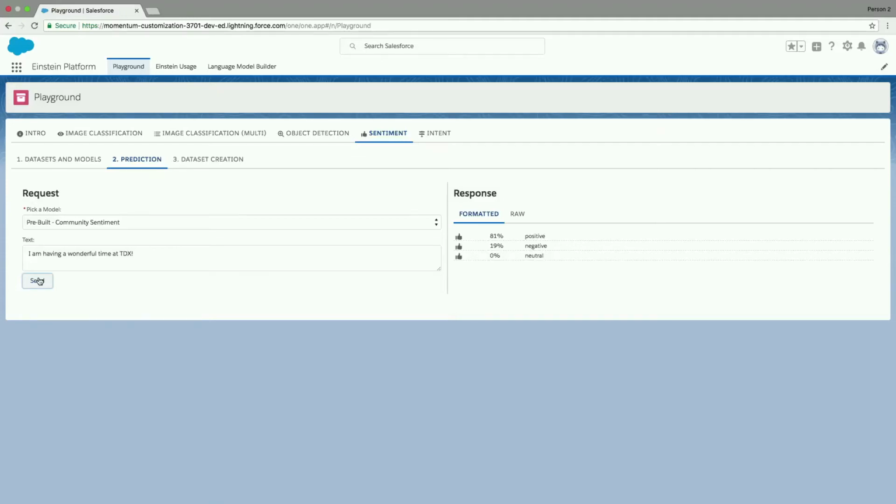Now, I'm not really sure where it's getting that 19% negative from. It is trained, though, to know that maybe this is being sarcastic, or we're just not 100% positive that it is positive. So it's good to keep in mind. But we could probably easily route this to somebody if this was a service question who is good at dealing